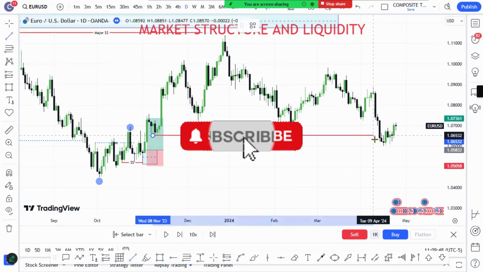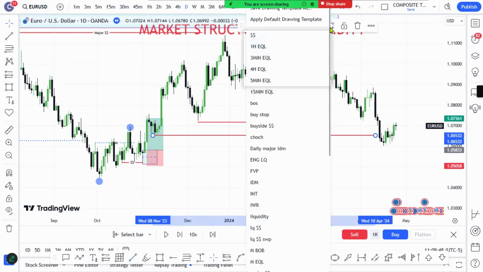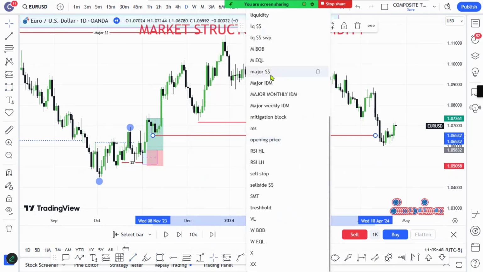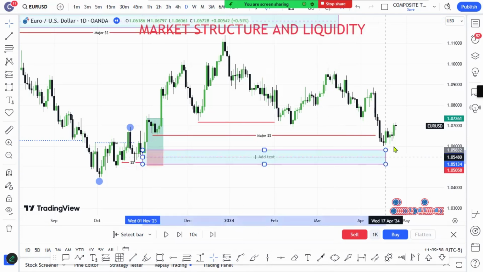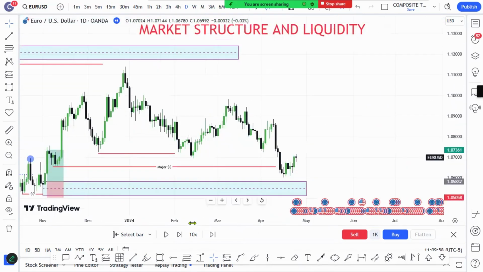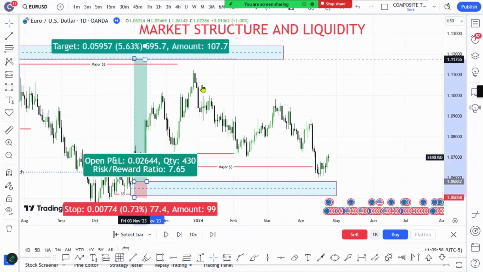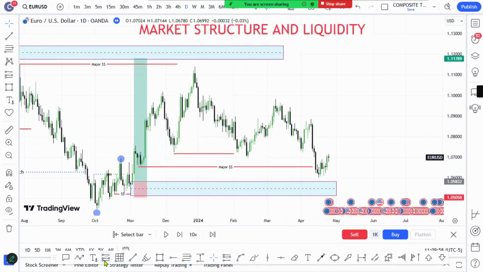Price needs this liquidity. Once it takes out that major, we call it the major liquidity, then it will go to the upside. So the order block, you can see this here, valid order block. If the price taps on that order block, it's likely to take you back there. And later on, when you want to sell, because that's the only level you have, you can sell from it.